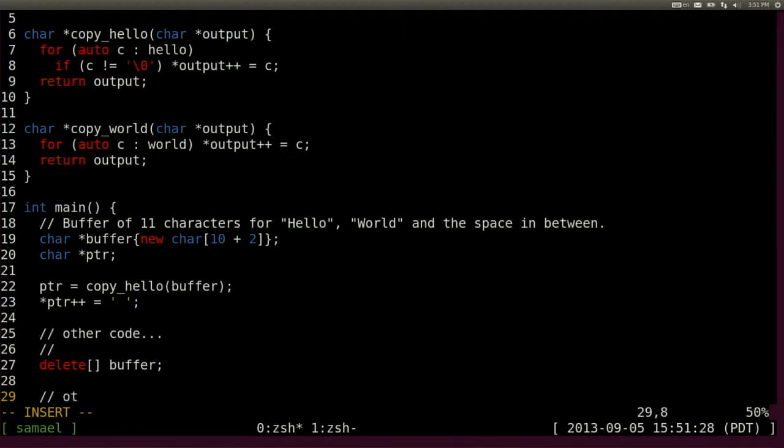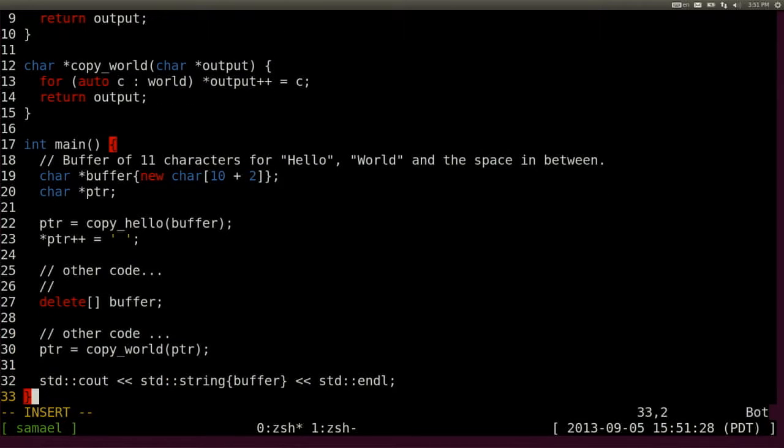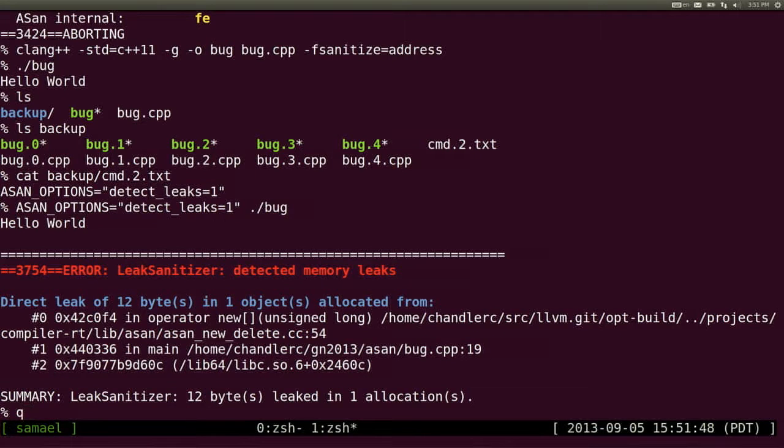And then a lot of other code, maybe I call into some other function. And you can see what I've done. I've deleted the buffer a bit early. So that's not going to go well for me. And this is also something that address sanitizer can catch. So if I go and recompile,